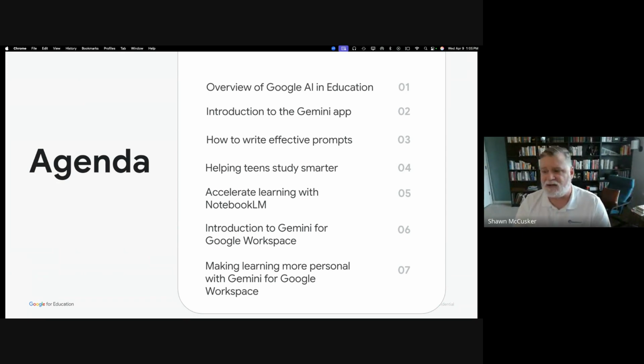And then we're going to go into Notebook LM. At the end, we'll look at Gemini for Google Workspace as a final thing. That'll be a quick overview, largely because a lot of people don't have access to it and I can't give you a hands-on experience. But anytime we're going through here, if you want me to pause or repeat something, drop it into the chat. I know that between Tom and Catherine, we'll probably have somebody keeping an eye on the chat and let me know what's going on.